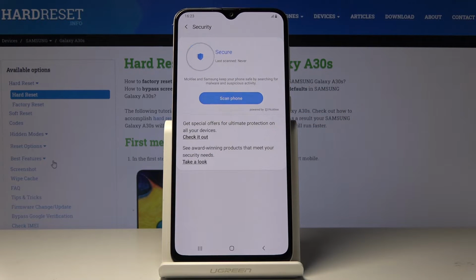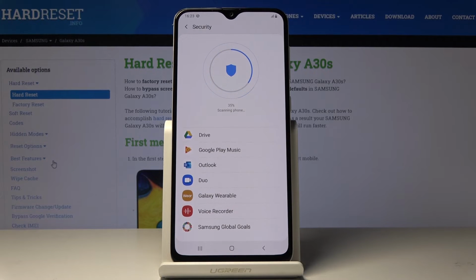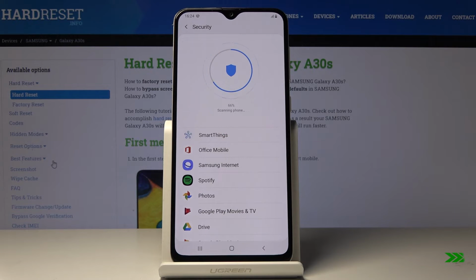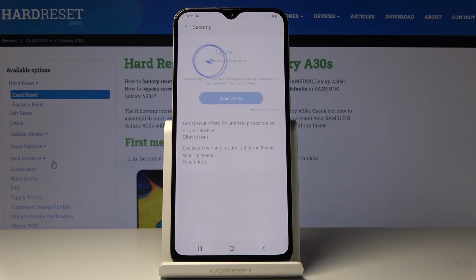of the screen. Now you just have to patiently wait until the whole operation is performed, and then you will be provided with detailed information. And that's it. As you can see, your device is secure, and this is it. This is how you can perform a virus scan in your Samsung Galaxy